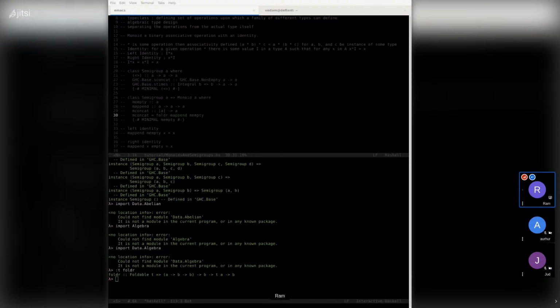And an example of this that I can think of right now is general matrix multiplication. Well, actually, general matrix multiplication is monoidal because you can define it with an identity. Let me think of something else that is a good example of something that is a semigroup but not a monoid. I can't think of a good mathematical one right now.